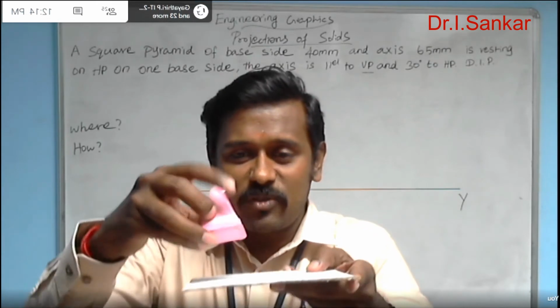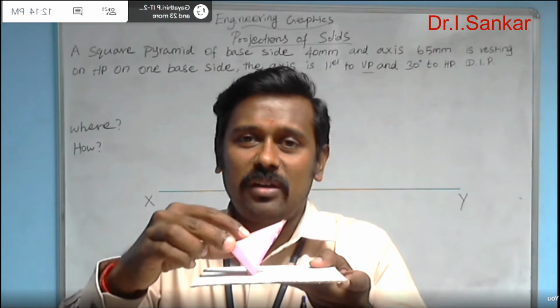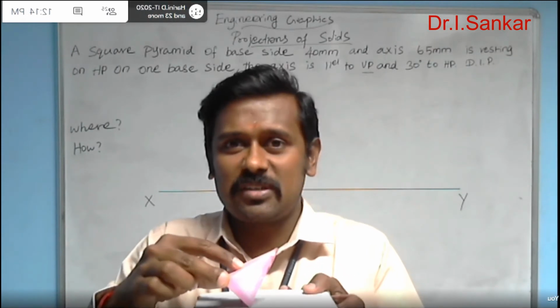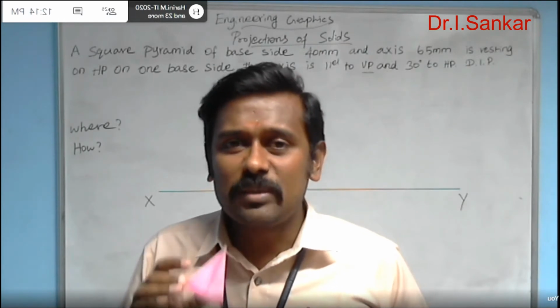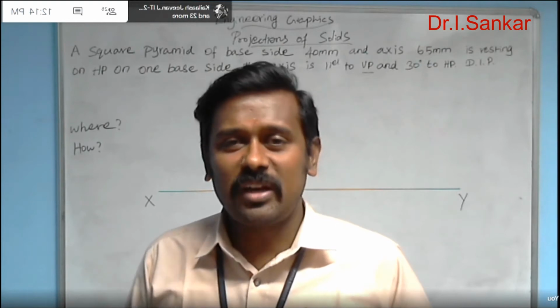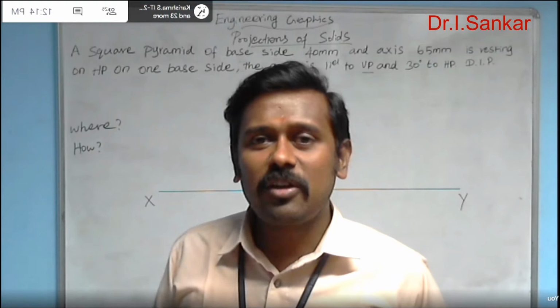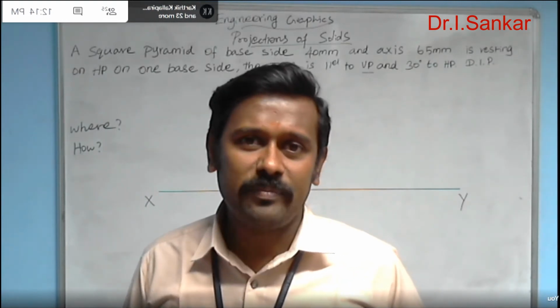See here, this is the final condition of the object. But it is not possible to draw the final condition at the very first step. What I told you just before, you need to draw the simple projection of the solid. That is a simple front view and a simple top view of the solid first. Thereafter, by using that, you can go for drawing the final projection.